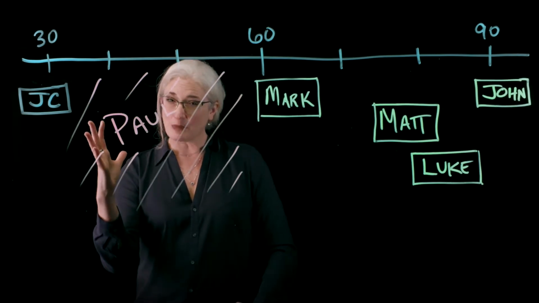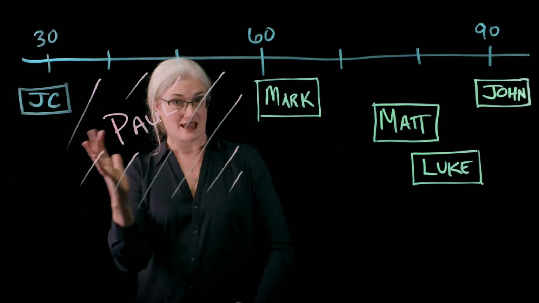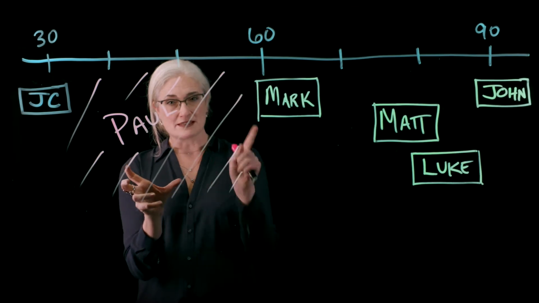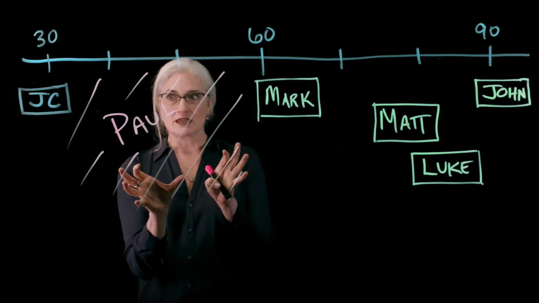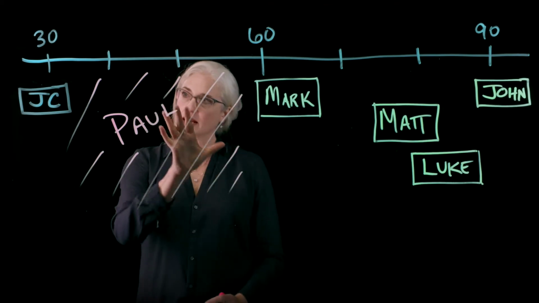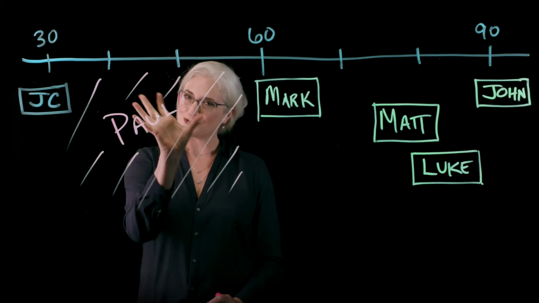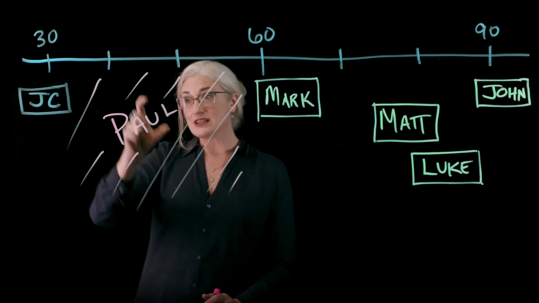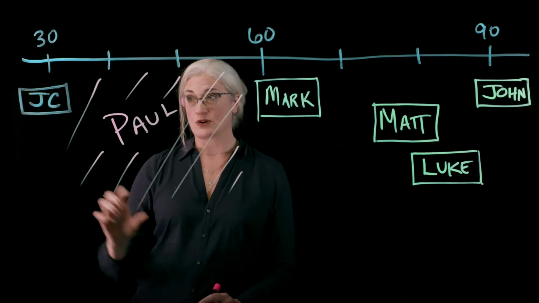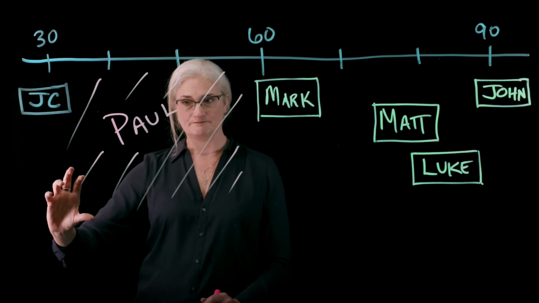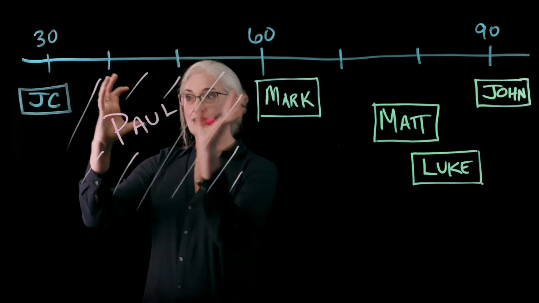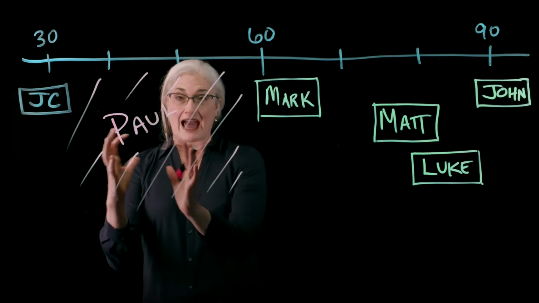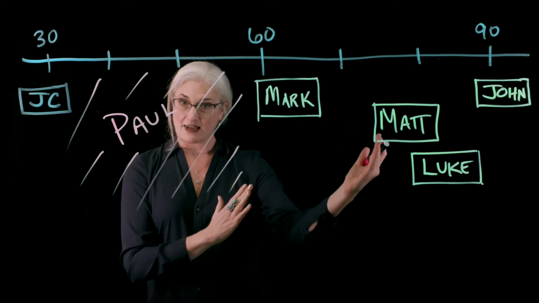But then we have this guy, Paul, who comes along and has a few things to say about interpreting Jesus's life. And remember in the assignment on salvation in Paul's letters, that's part of the reason I had you do that assignment, is to have you look at and think about what Paul is actually saying, which is really just focusing on one element of Jesus's story, which is the execution and the resurrection, right? So Paul's letters interpret that particular event. And then, after Paul has made these claims, we get the Gospels.